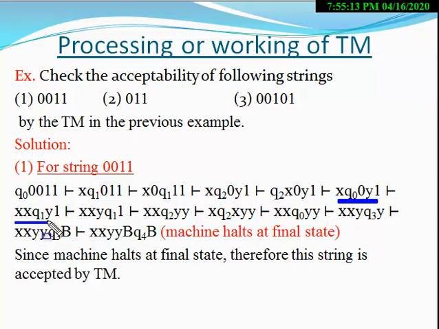Now here the Q1 Y. So when the machine gets the Y at the state Q1, the machine moves only to the right. Q1 Y, the machine moves to the right here. When Q1 1, look here, Q1 1, the machine changes its state from Q1 to Q2, and 1 is replaced by Y, and the machine moves to the left direction.